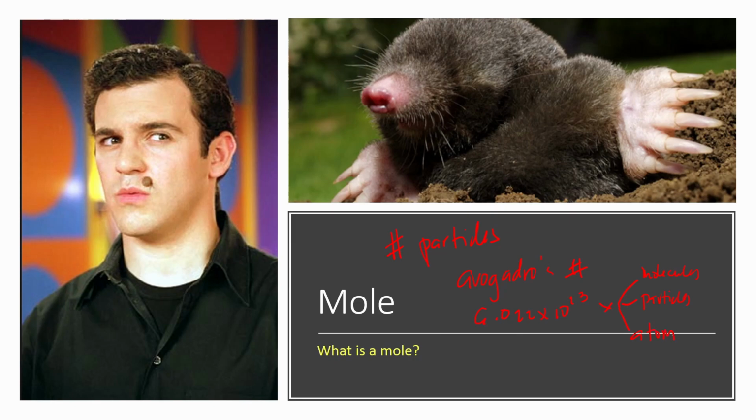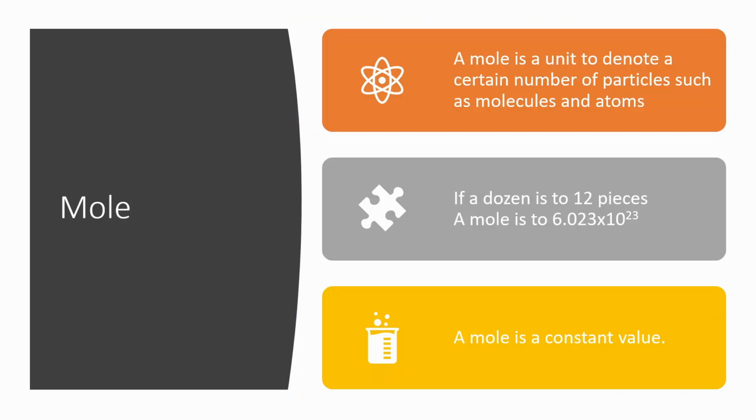Just remember that a mole is a unit to denote a certain number of particles such as molecules and atoms. So you may want to imagine moles as something like a dozen. If 1 dozen is 12 pieces, 1 mole is 6.022 times 10 to the 23rd particles. Okay, now